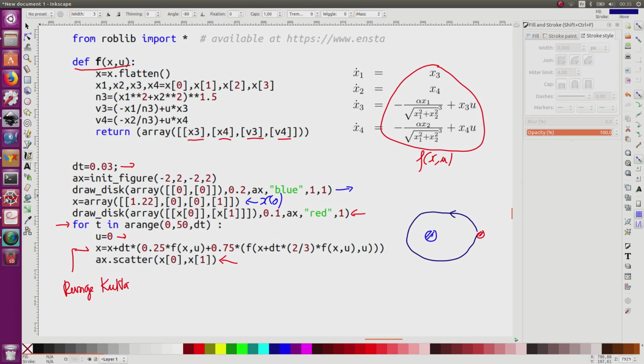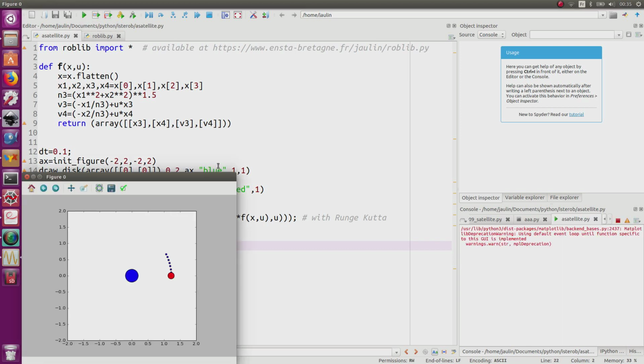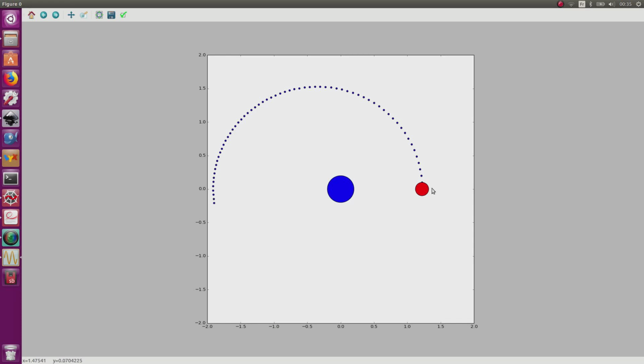So I take my Python program, I run it, and I obtain the initial position and the trajectory, and I will come back exactly to the initial position thanks to the Runge-Kutta integration scheme I use here. So we can see that the trajectory is an ellipse, and the speed is faster nearer to the Earth because my satellite is near to it. Now I will have to add the control.